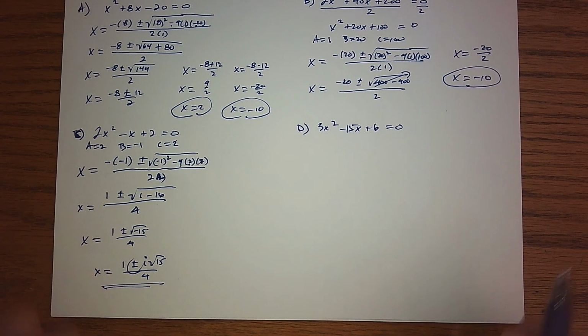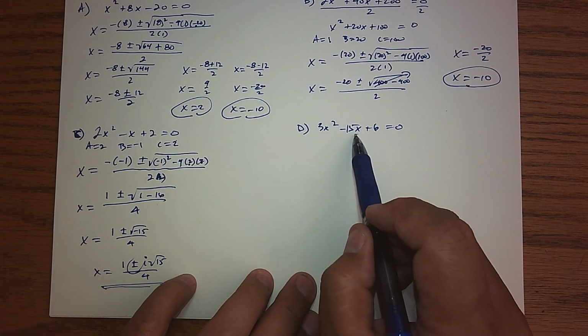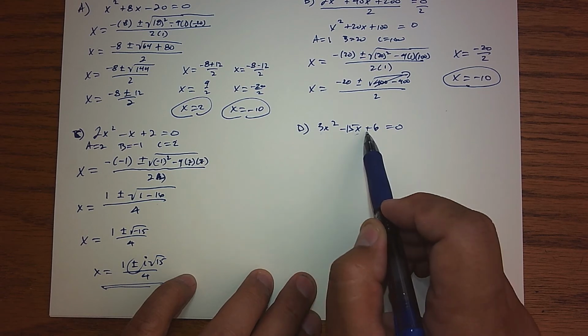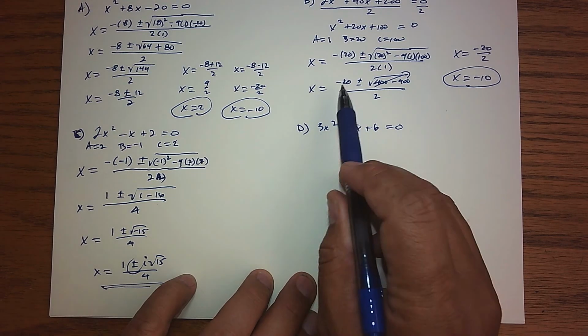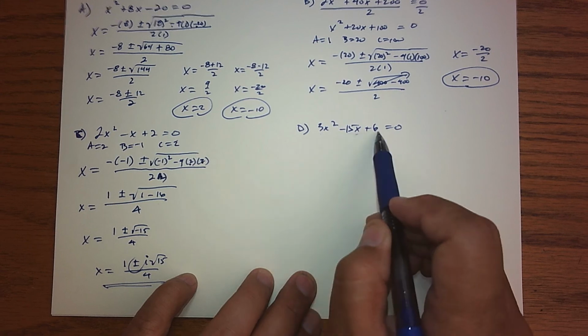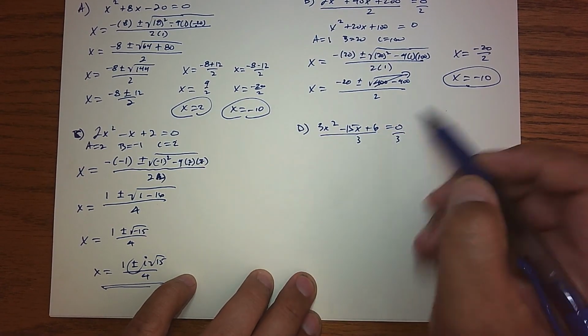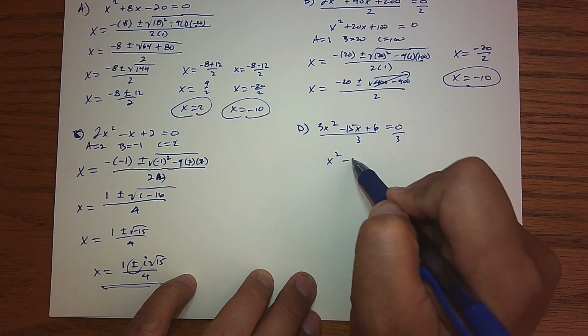Last one for this page. We're going to solve this. And again, I would like to say a is 3, b is negative 15, and c is 6. But I'm going to take advantage like I did up here. I noticed that everybody's divisible by 3. So before I start plugging things in, we can probably make our life a little simpler